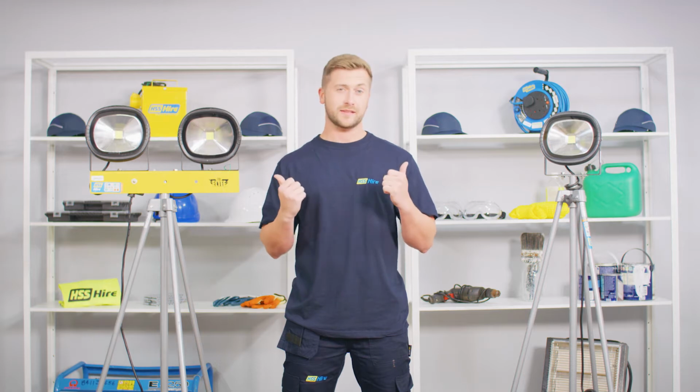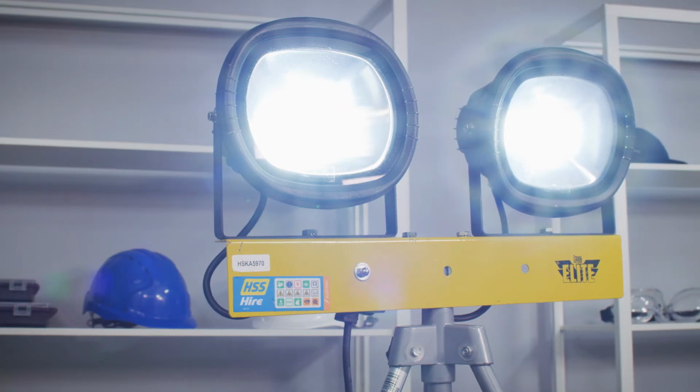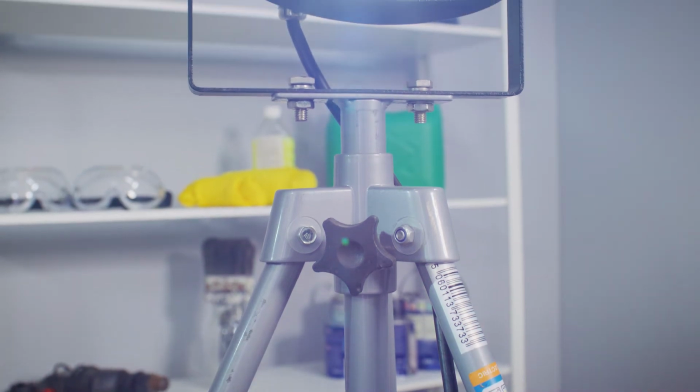If you're currently searching for portable lighting solutions, you may have come across LED floodlights like these. Here at HSS, we stock single and twin floodlights to help businesses and keen DIYers illuminate large working environments. These models emit a cool white light at 6500 Kelvin and reduce the appearance of shadows for more precise operating at night. The single floodlight weighs around 7 kilograms and the double weighs around 10 kilograms, both powered by a